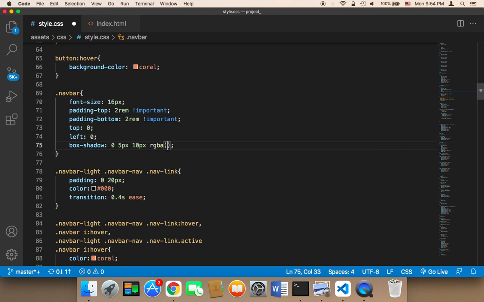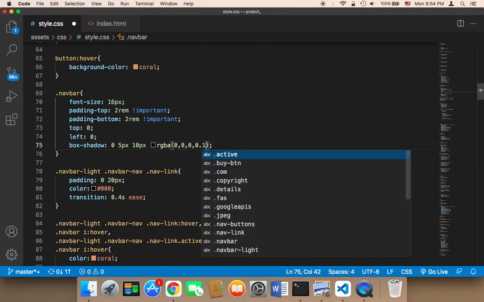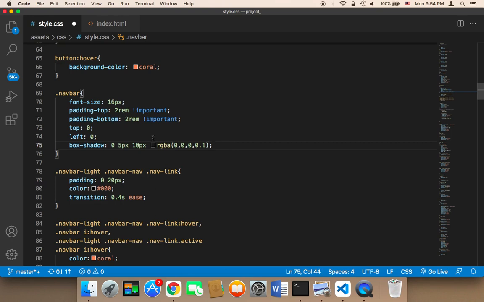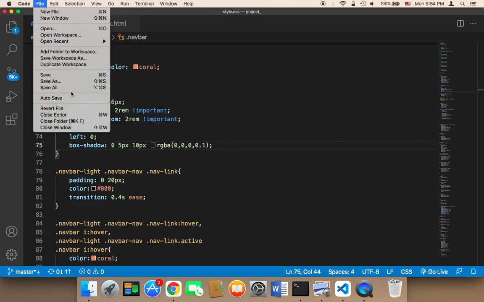RGBA. The color that I'm going to be using is a gray color: 0, 0, 0, and 0.1. So this is a very dark gray. It's close to black actually. Let me save and show you